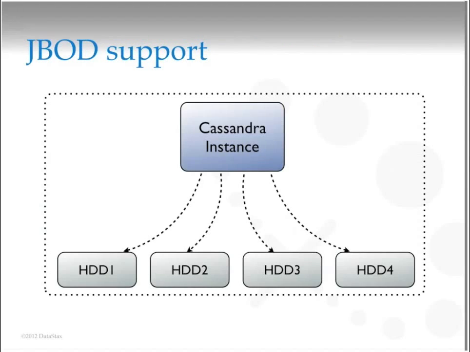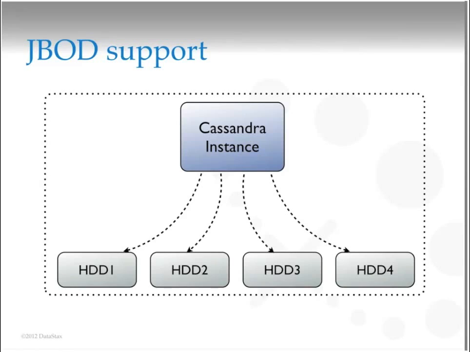So now we're starting to talk about the features that are specifically for that fat node support that I mentioned. The first of those is improved support for deploying in a just-a-bunch-of-disks (JBOD) configuration. The relationship that this has with the fat nodes is that Cassandra is already replicating my data for me, 3 times or however many times I've configured it across the cluster. So having to configure RAID on each machine to replicate that locally as well, that's wasting 50% of my disk